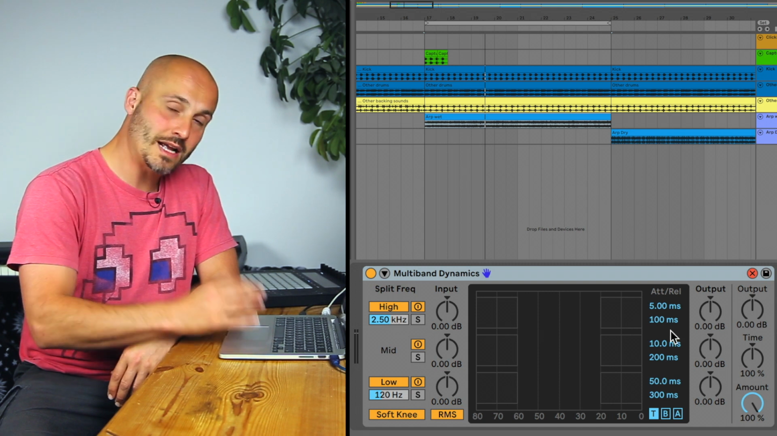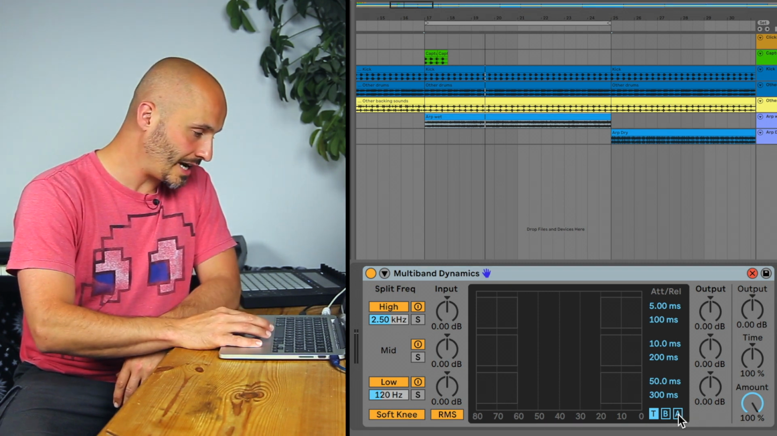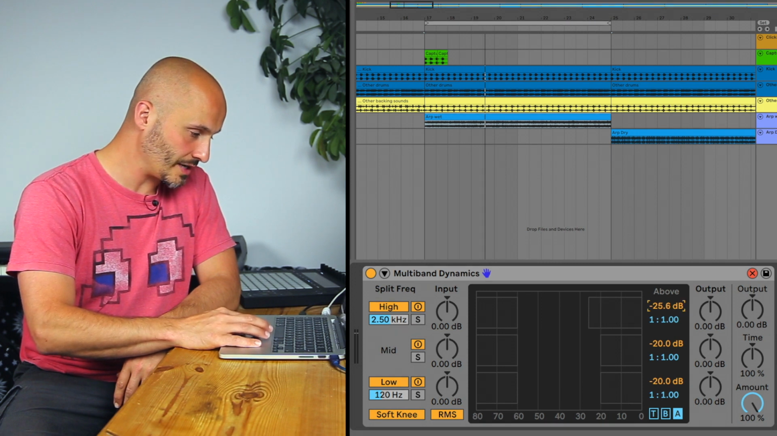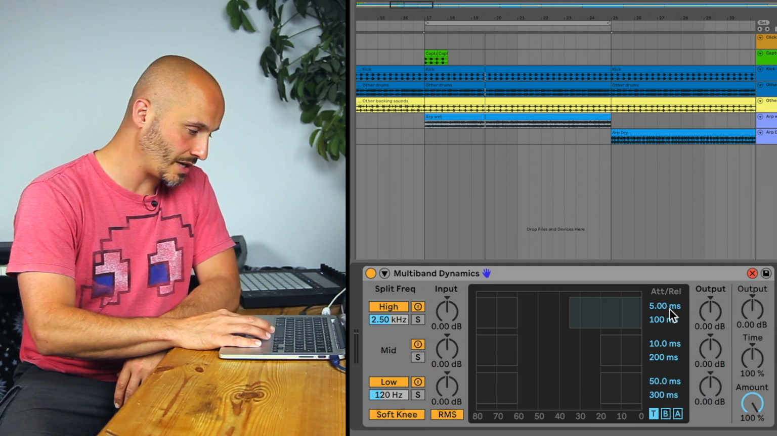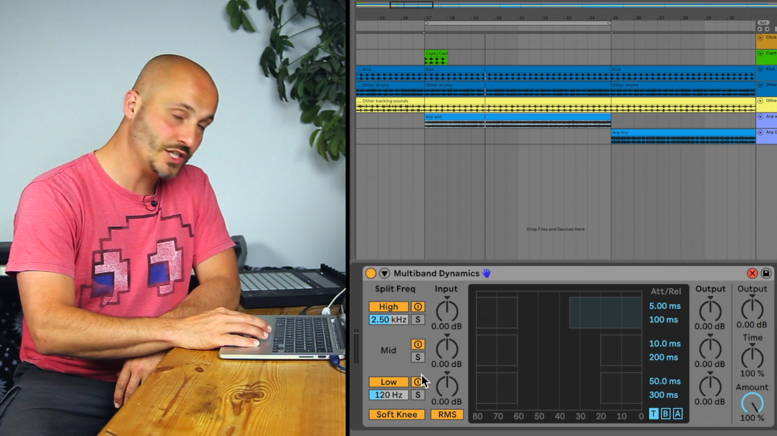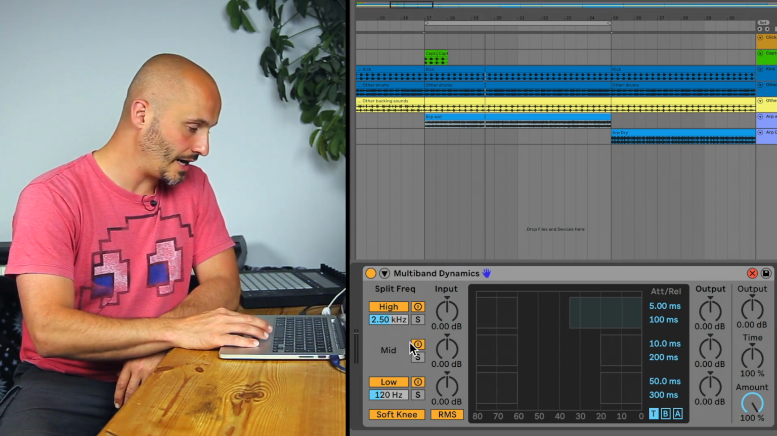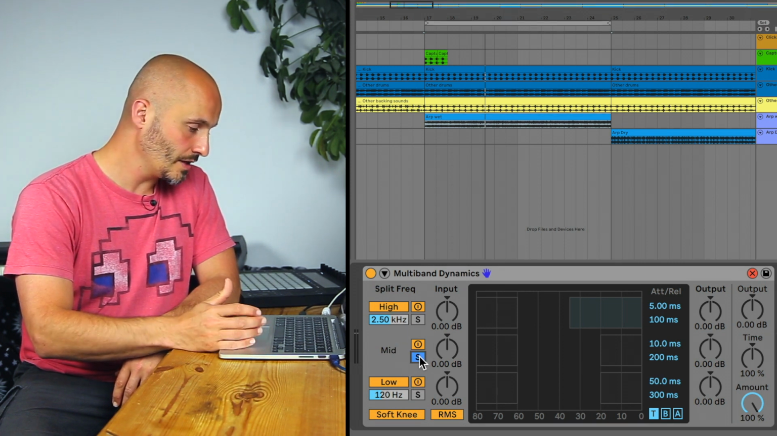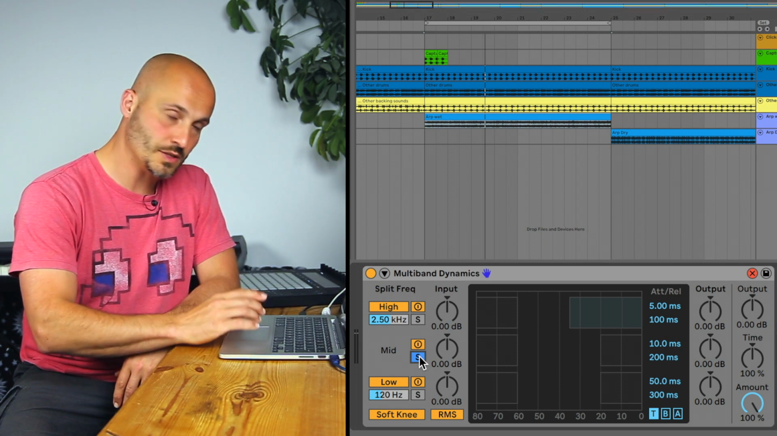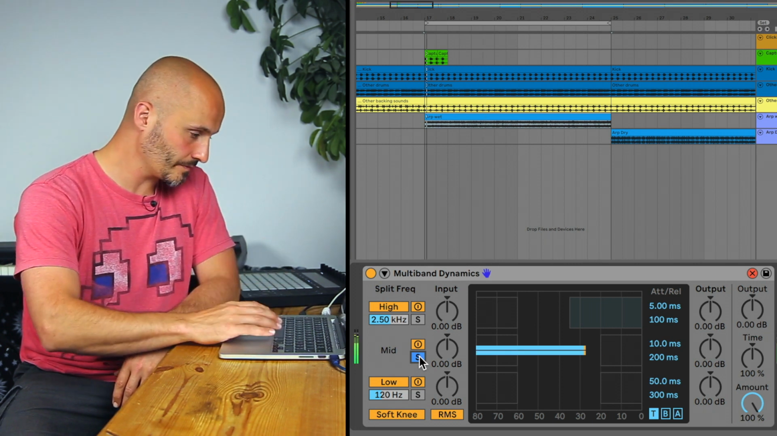So the main thing we're looking at here is our above compression, which is this section here, which has the same thing. It has a threshold, how deep down into the signal it will go, and then it has a ratio control. Then we have a time-based section, which is our attack and our release stage. And then we have the individual bands themselves, so high, mid, and lows. So if I press solo and we listen to this drum beat,